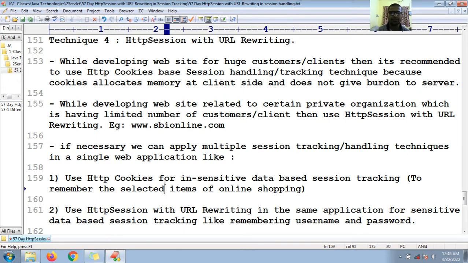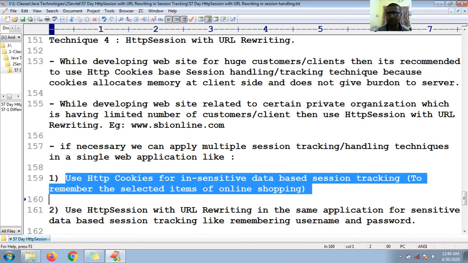We can use HTTP cookies for insensitive data based session tracking. Whenever you want to remember selected items for online shopping in a shopping cart website or any retail site, at that time also you can use HTTP cookies for insensitive data.